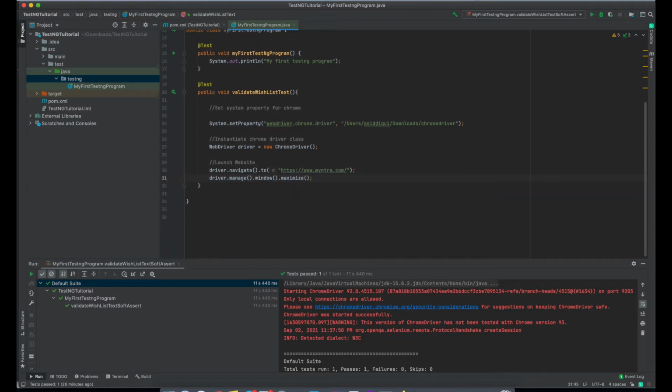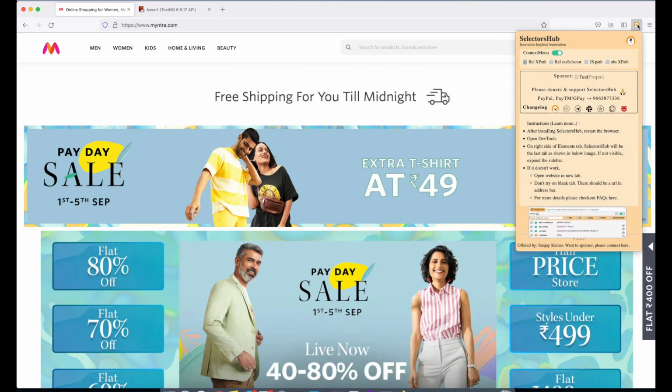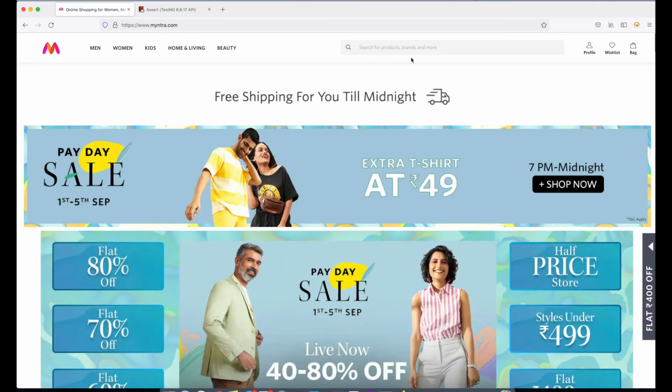Now if we go back to the Myntra page, I already have Selectors Hub installed, and I can just inspect the elements here directly without writing the XPath. This is a very good tool to get the element locator, and it is able to provide different locator strategies like XPath, ID, CSS, class name, etc. So let us go and try to find the element.